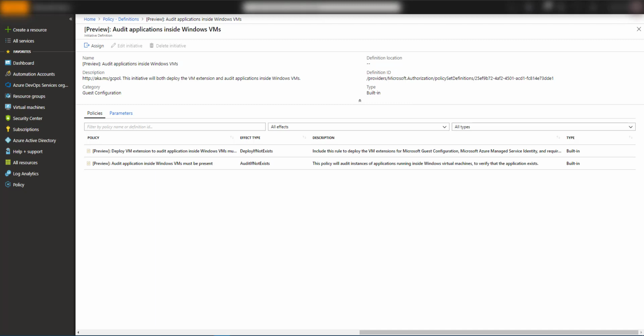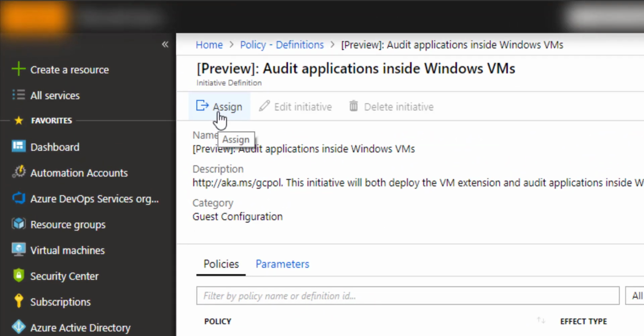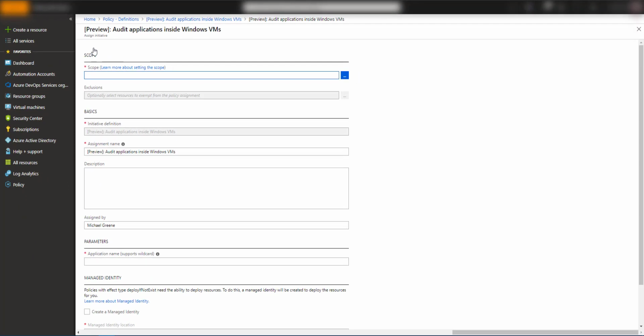In this third video, I'm going to explain how to assign the initiative so that you can actually conduct audits inside your virtual machines. You'll see, viewing this initiative, I can click on a button named Assign. Or, if you remember back to that first video where we saw the entire list of content and then filtered it down to just guest configuration and just initiatives, you can also right-click on those individual rows and assign content from there. Let's click on that Assign button, and we're going to spend most of our time in this video